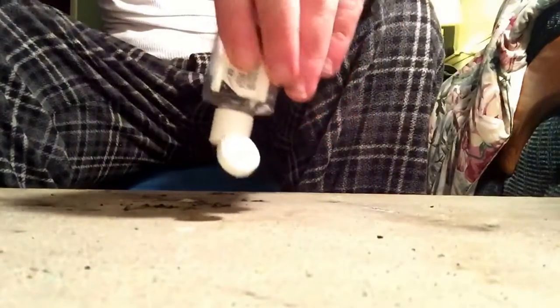So, I'm going to talk about things that are multitaskers in my survival kit. I carry some hand sanitizer. Now I only have a little bit left, but the cool thing about hand sanitizer is, one, obviously you can sanitize your hands and whatever else you need, but two, if you take it and just put a bit